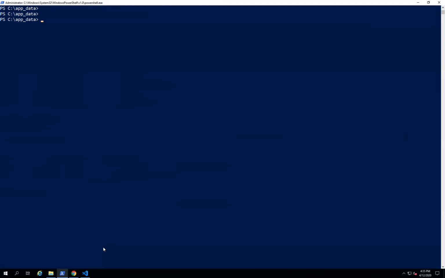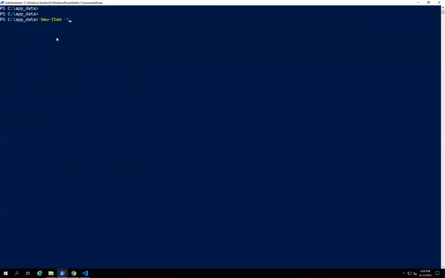I have just connected to the Docker container, and then I navigated to the C app data location. Now I'll create a file over here inside the Docker container, and we'll observe whether it is reflecting inside the host operating system path or not. To create a file in PowerShell, we have a command called New-Item.